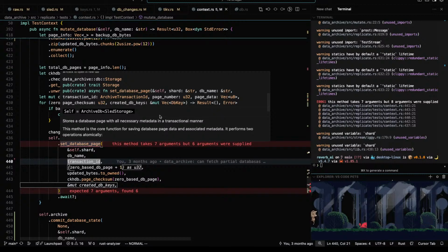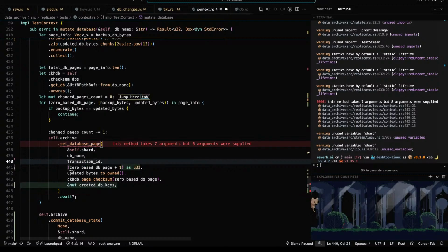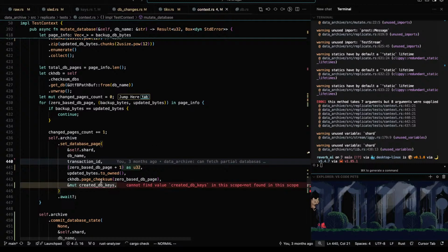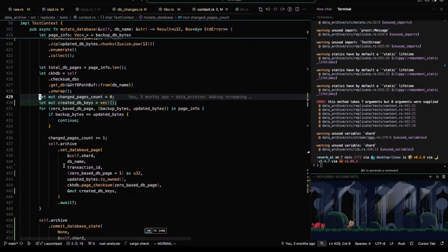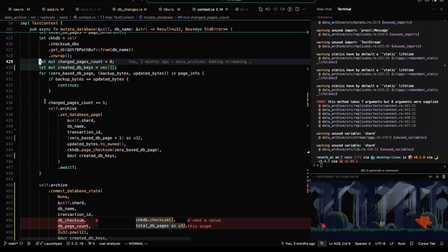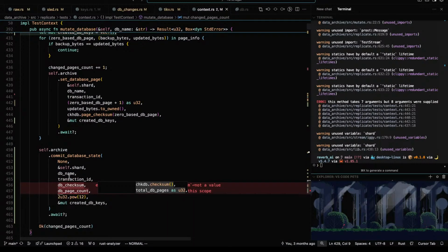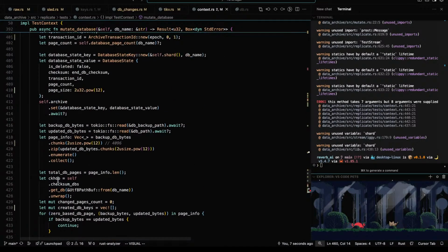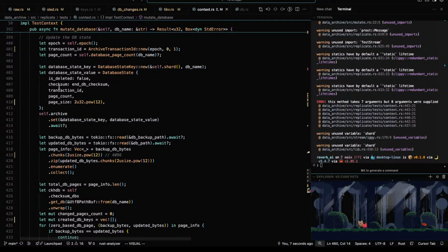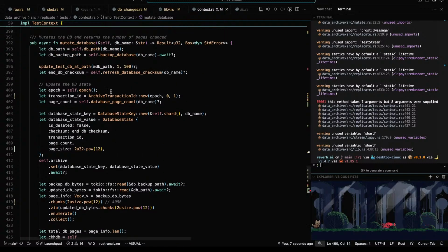Page checksum. Created DB keys. Okay, find that. There, we have a created DB keys. Now here, we need the checksum from up above. End DB checksum. Looks like it's that.